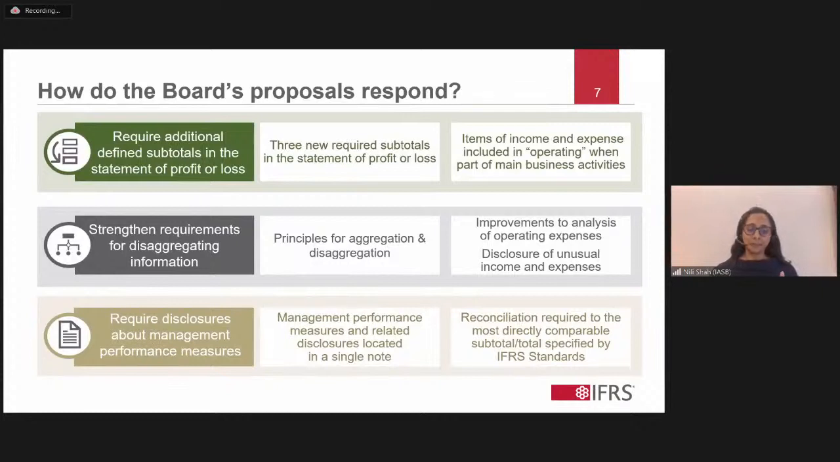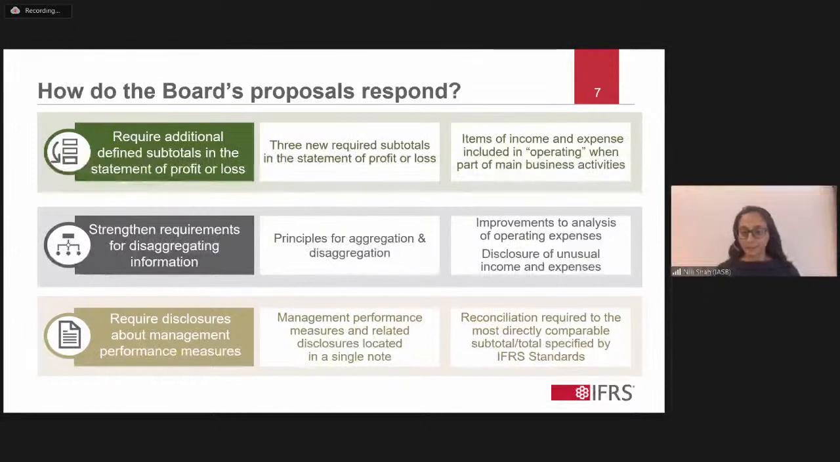And this happens not only across countries, but we also see it within companies. So for this, the board is requiring or proposing to require new subtotals. And it's also defining those subtotals to ensure that comparability. On the second line of this slide, you will see that we'll have a panel on the proposals related to